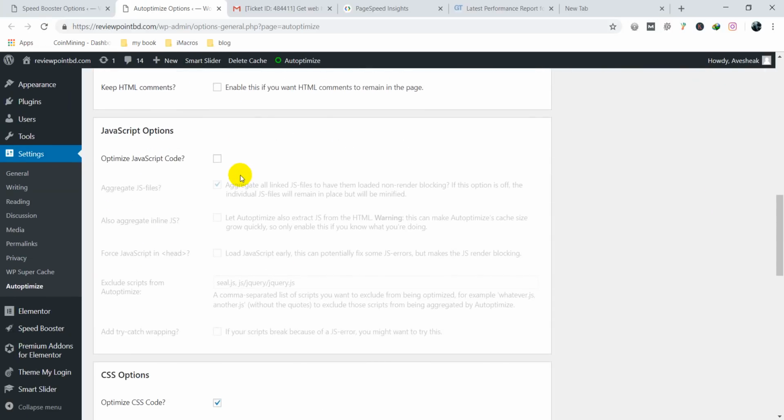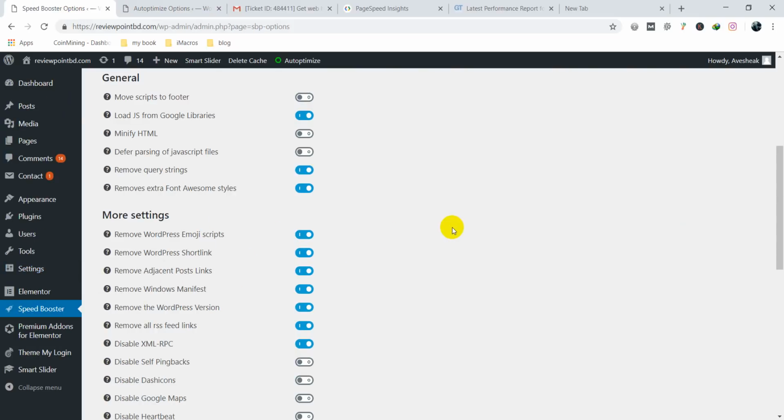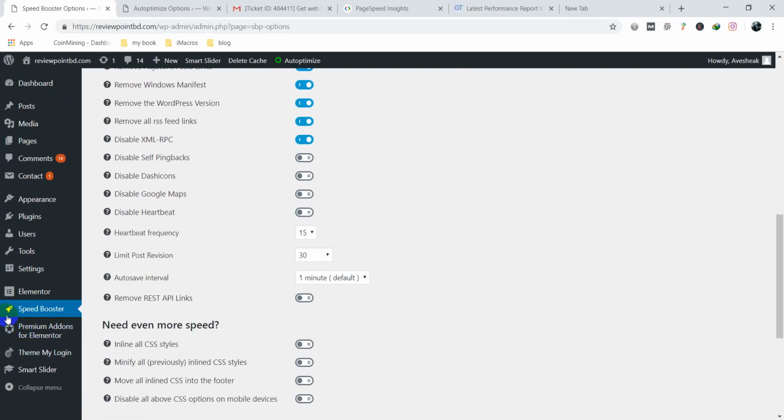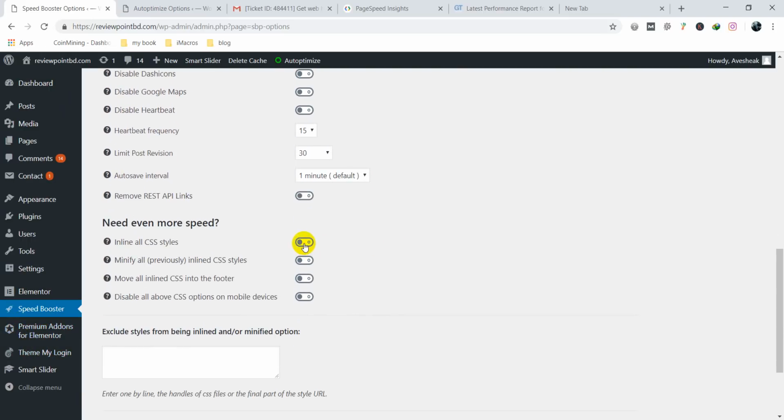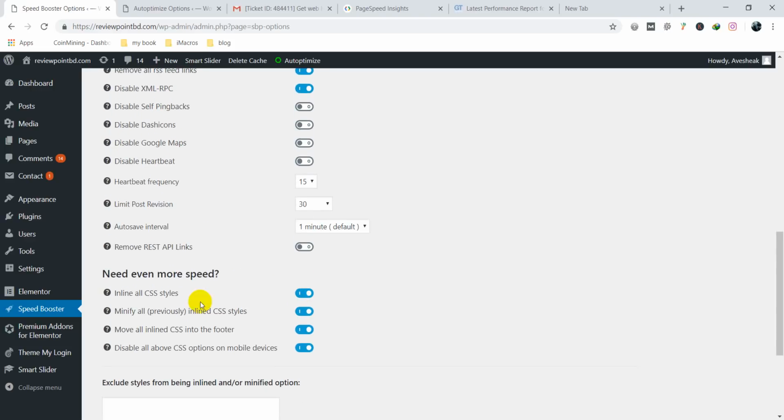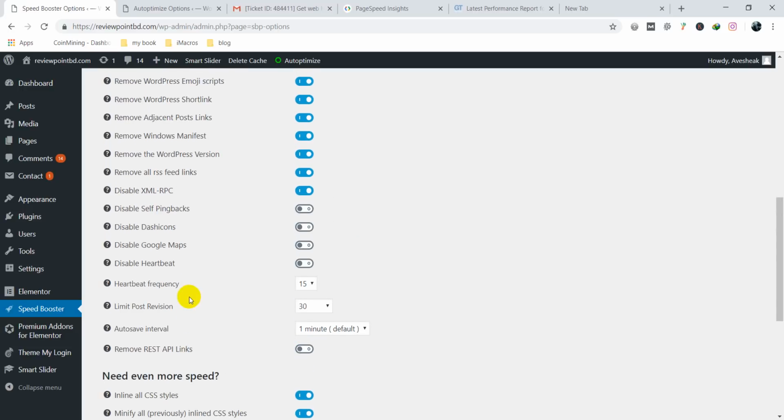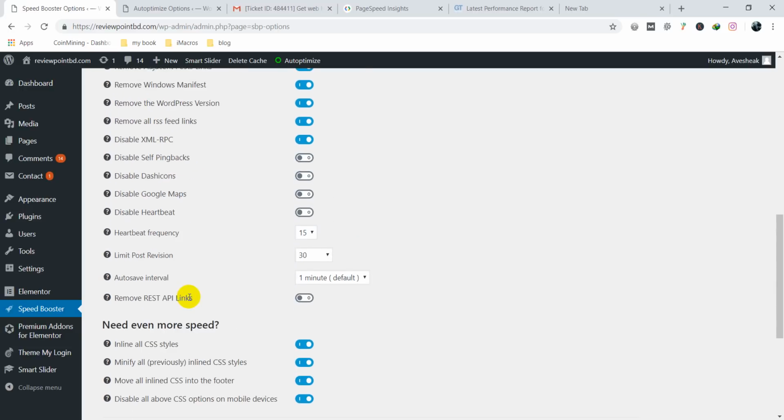Optimize man, yes, you can see that the optimized JavaScript code is not checked from here. So I want to check the JavaScript from Speed Booster Pack. So you can see the inline CSS. You need to activate this, minify inline CSS, this, and you need to activate all the settings. Need even more speed, so this will activate for WordPress and get best speed for your